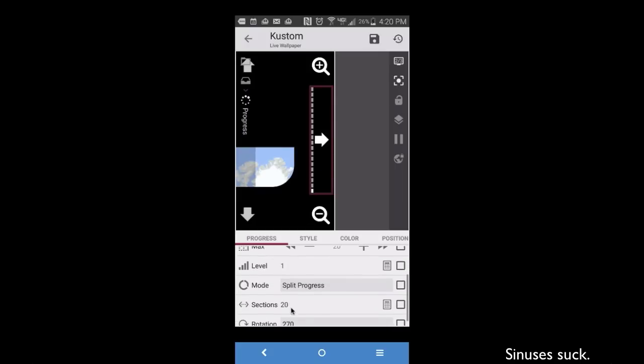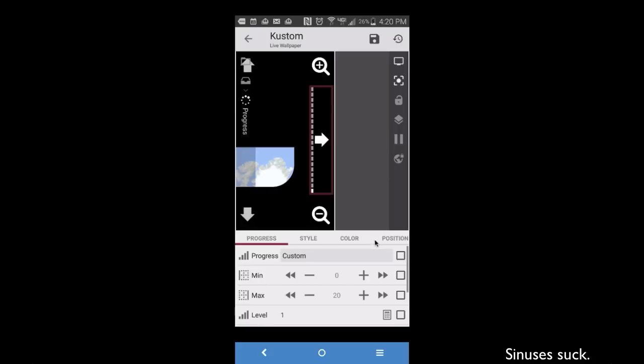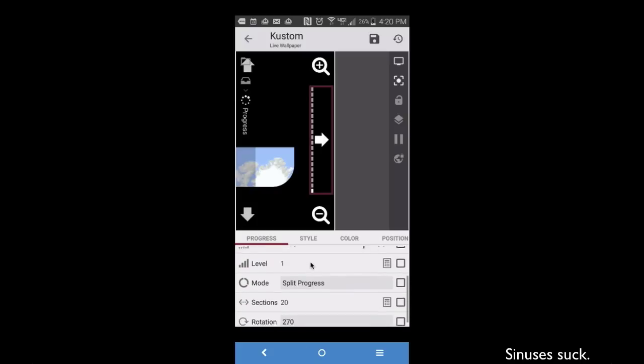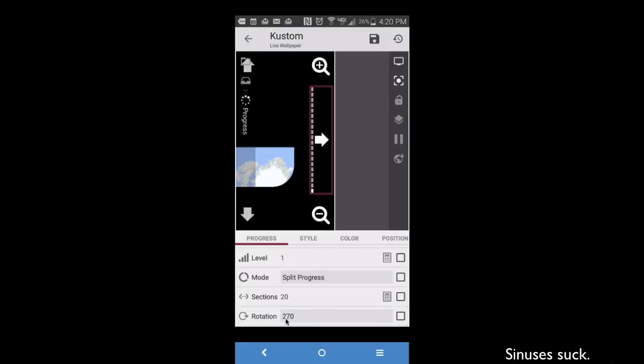And notice I do have 20 sections. How did I get 20 sections? I just typed in 20. I guess that's because I got 20 different zooms. Remember, GV zoom does go from 1 to 20, unless I missed a number. Did I miss a number in there? I don't think so. Split progress, rotation, of course that's just up to you